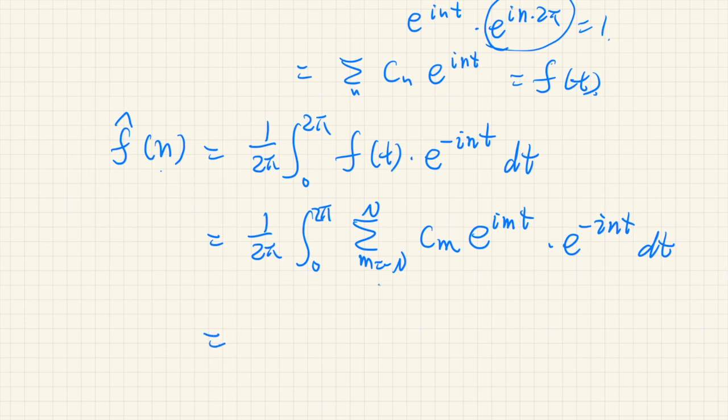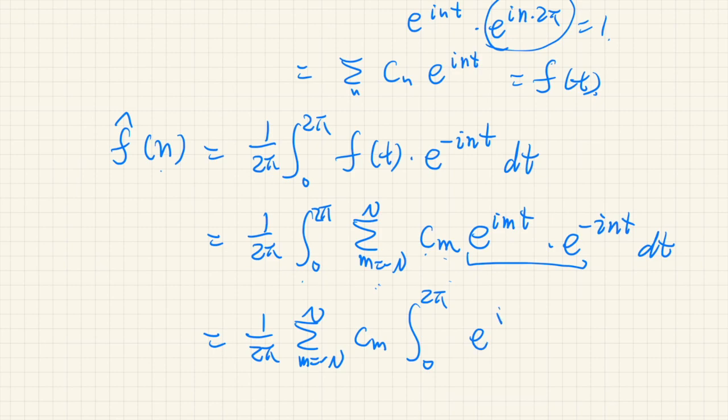Since this is a finite sum, we can switch the order of integral and the sum. So sum first, and we can take this c_m out of the integral and combine these two exponentials,